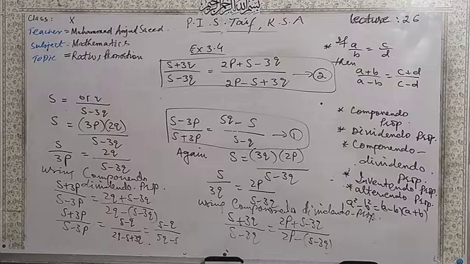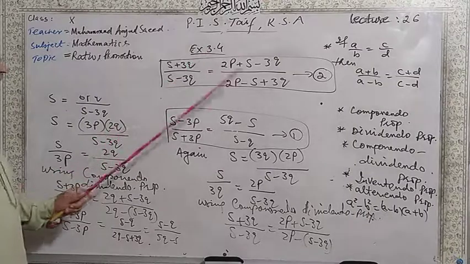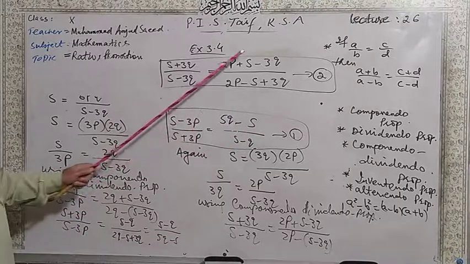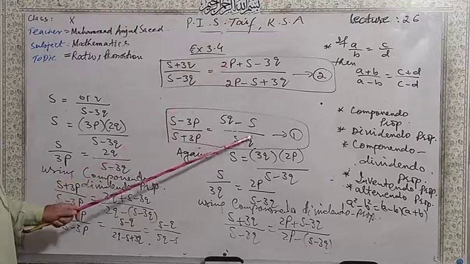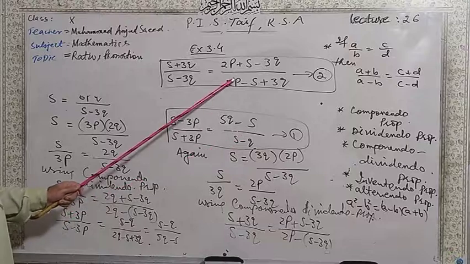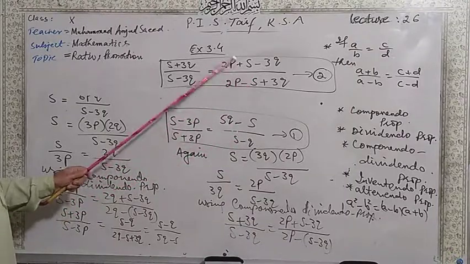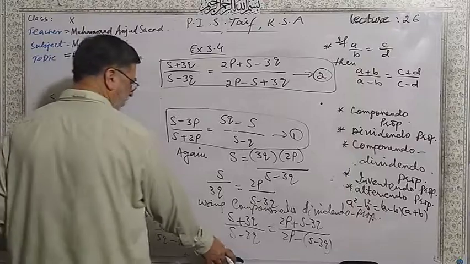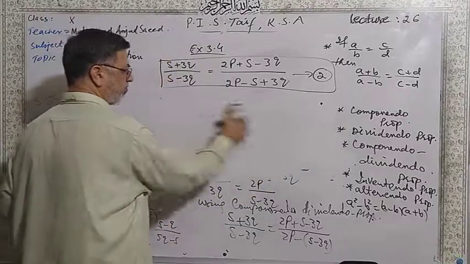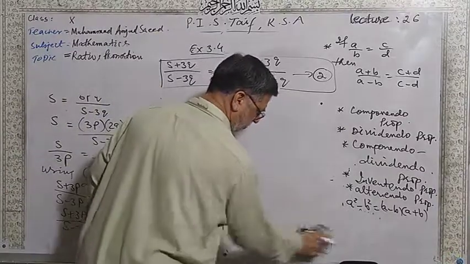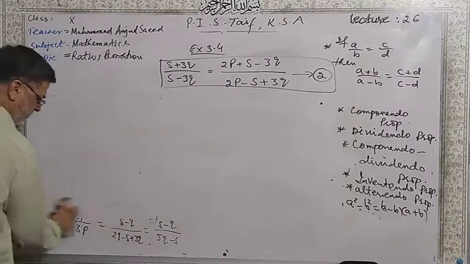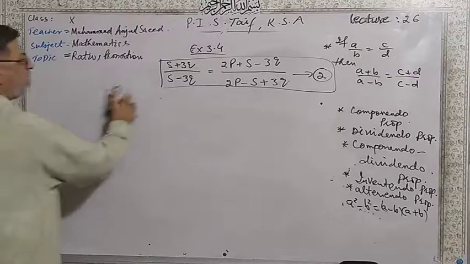Now dear students, what you have to do, you will add this equation 1 and 2, so it will be left plus left is equal to right plus right. Then right hand side you will take S minus q into 2p plus 3q into S as LCM, and then you simplify. I hope that you can complete this question by yourself. If you have any problem, then you can contact me. Be careful about the signs and S and q. It will be easy for you to complete.